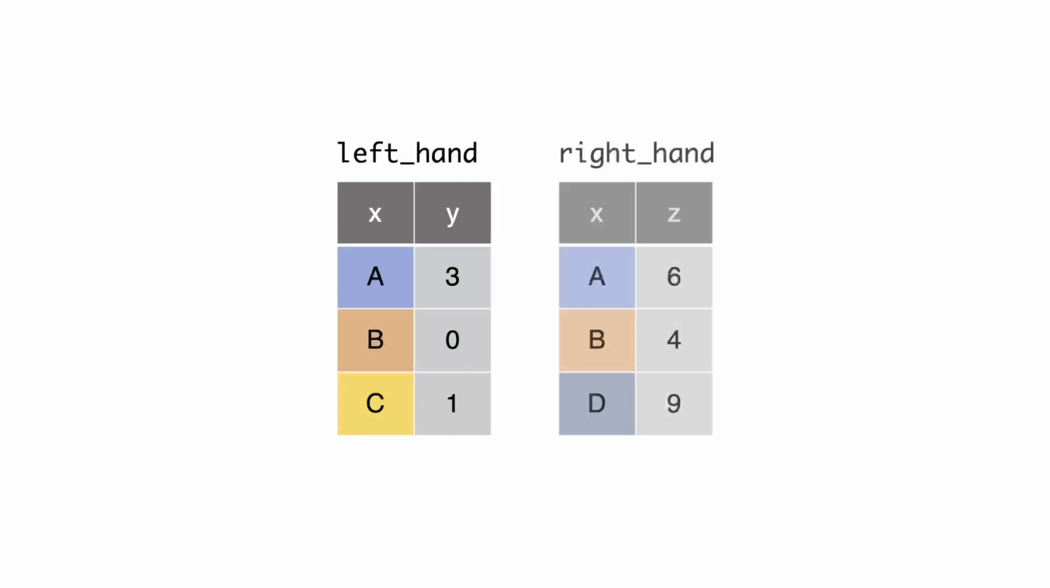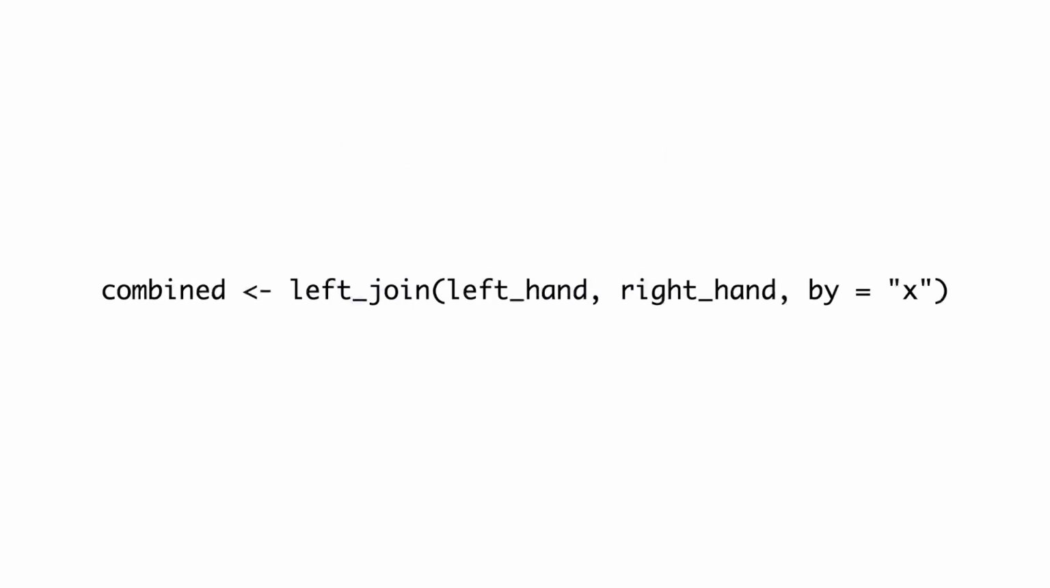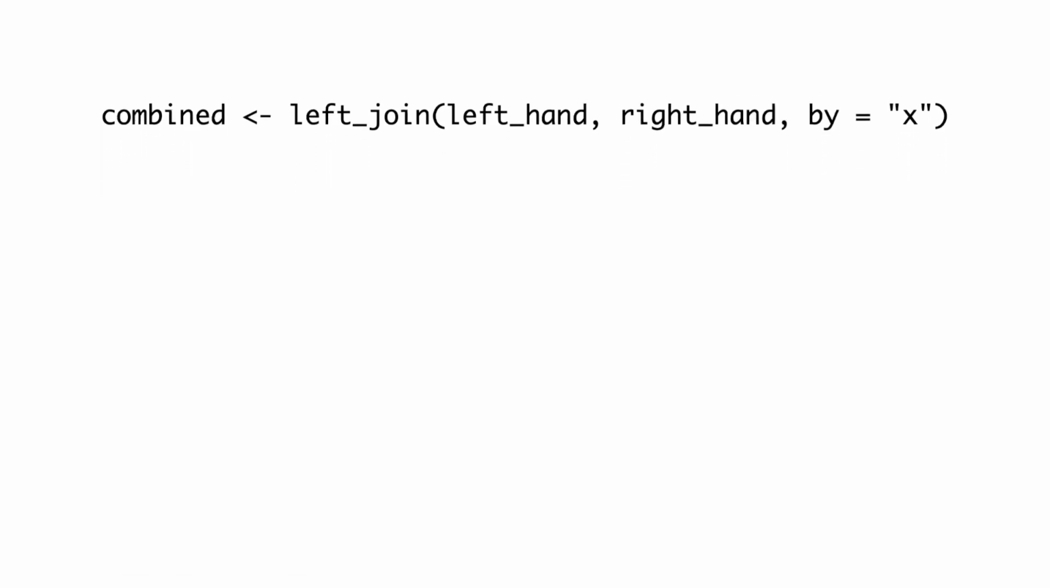Imagine we had two data sets called left hand and right hand. The left hand object has two columns, x and y. The right hand object also has two columns, but called x and z. We can join these two data sets using the left_join function, which takes the left hand data set and adds to it values from the right hand data set. The important thing to remember here is that values from the right hand data set are only added to the data from the left hand for rows that have matching values of the column we specify in the by argument